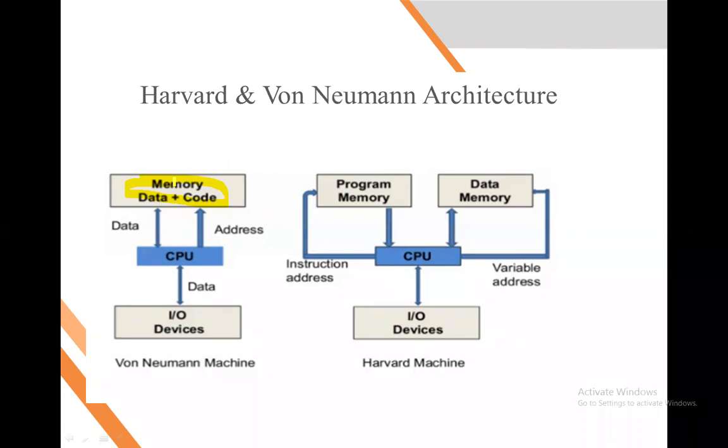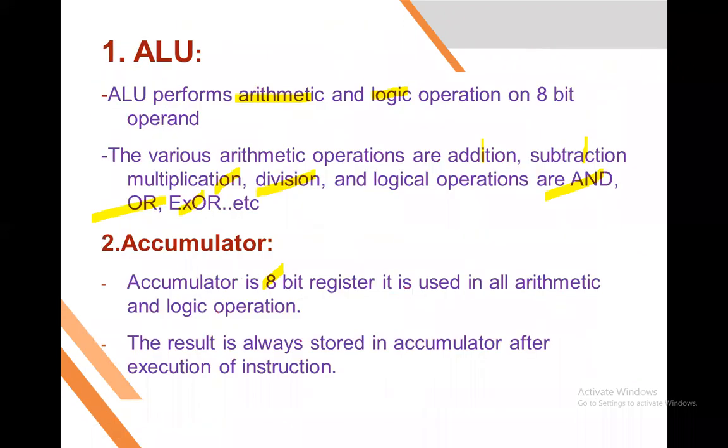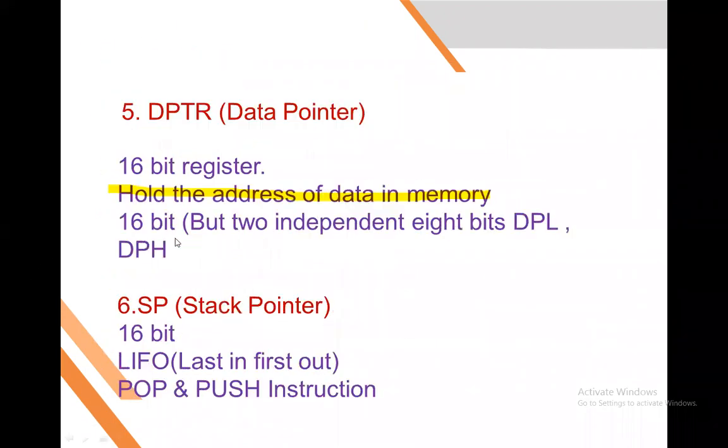So remember these things. Our 8051 is a Harvard machine or Harvard structure, where data memory and program memory are different. Program instructions are stored in the program counter, and the data memory location is stored in the DPTR. This is the use of the DPTR. That's why I'm telling you, in 8085 there is only a program counter and a stack pointer. There is no DPTR in 8085, but in 8051 there is a DPTR to store the data location. So remember, 8051 is a Harvard structure.